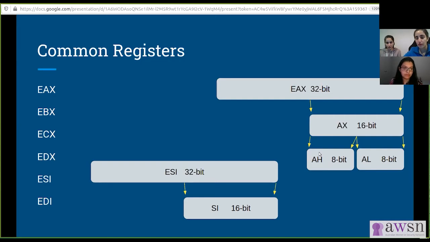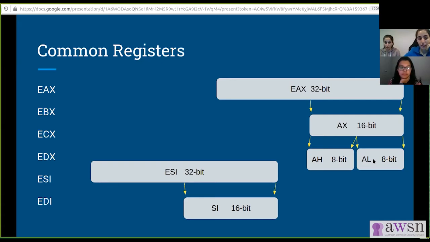So the lowest 16 bits of each register is called AX or BX or CX, DX, SI, and DI. And even in the lower 16 bits, we can access the upper 8 bits or lower 8 bits with the names AH and AL, and according to this scheme we can access all the common registers as well,